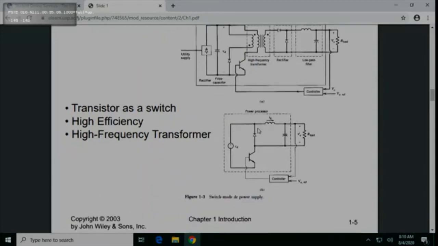Now if we reduce this circuit, we'll have something like this. To have a desired output at the load, which in this case is the DC voltage, for example, normally we want 5 volts, right? What if we wanted 6 volts with the same supply? How can we do that? We can do that by controlling this transistor here. So let me show you.